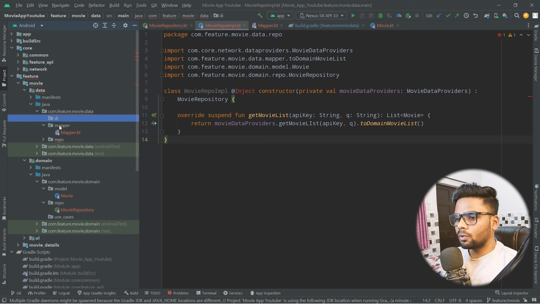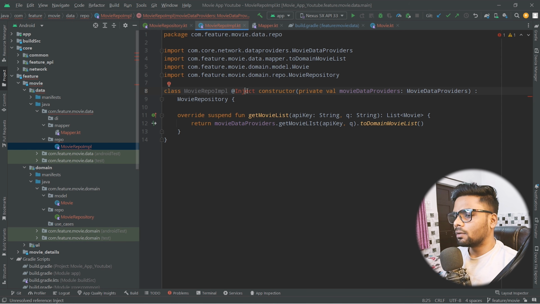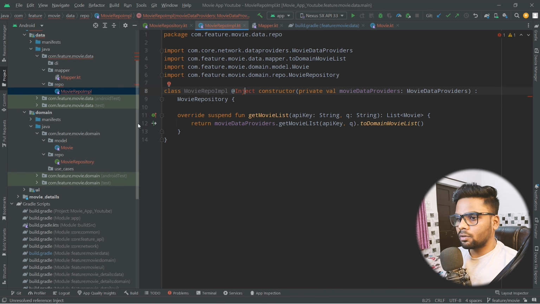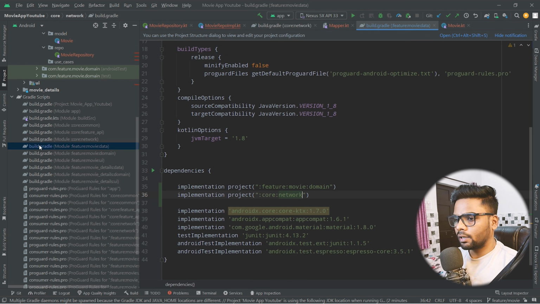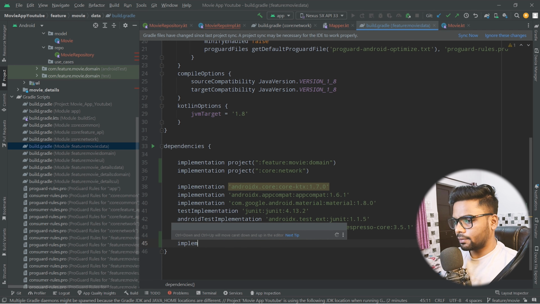Now go back to your, I think it will. Okay, so inject is not recognizable because Dagger-Hilt is not configured in this module. So we need to configure Dagger-Hilt for this module. In order to do this, go to the build.gradle of your data layer, and here you need to implement